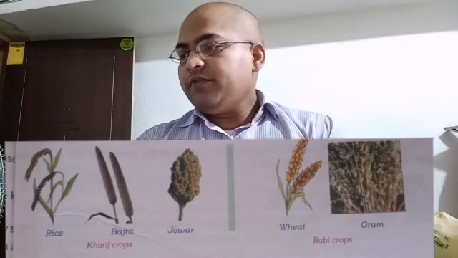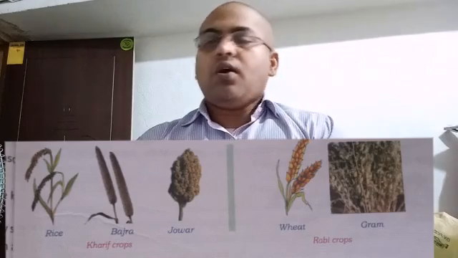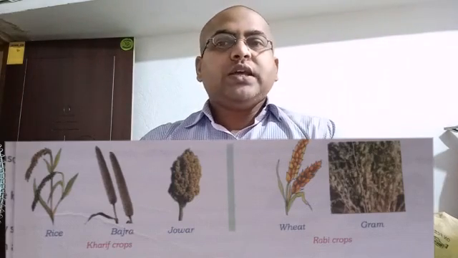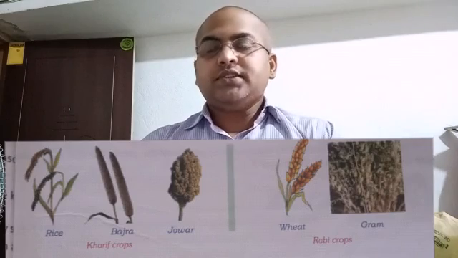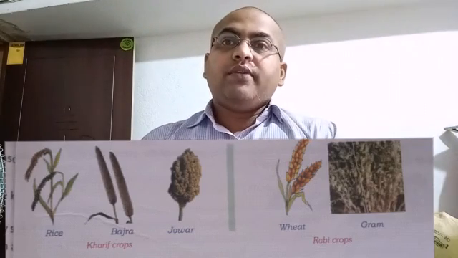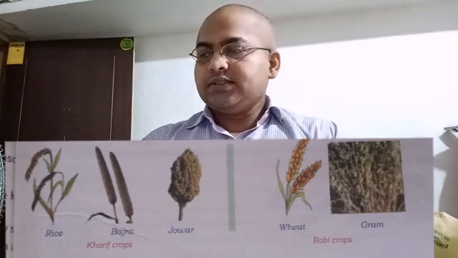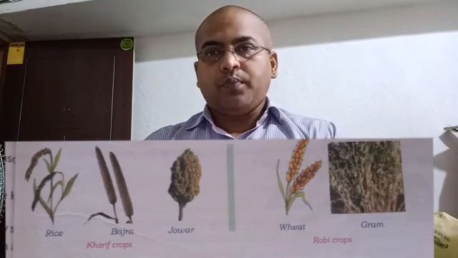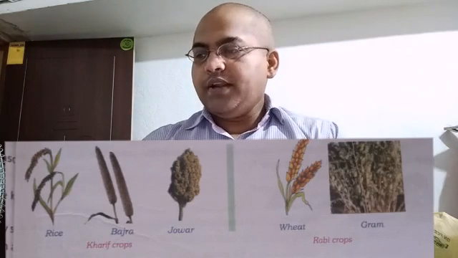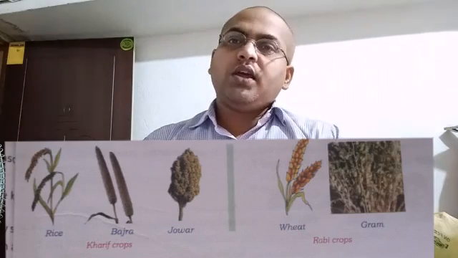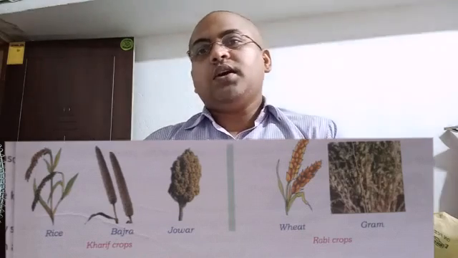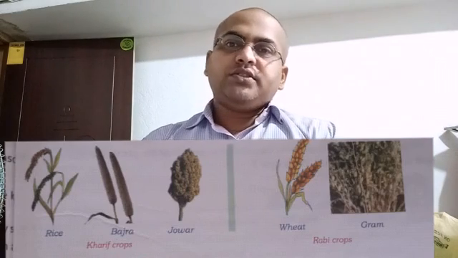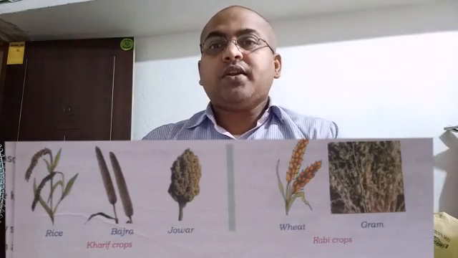Next question, give 5 tips for a better crop yield. So the 5 tips are: number 1, first of all, use healthy and better quality seeds. Number 2, prepare the land well before sowing the seeds. Third, add manures and fertilizers in the soil for the proper growth of the crops. Next, irrigate them properly from time to time. And the fifth one, remove weeds, unwanted plants, from the field. So these are the 5 steps by which we can get better crop yield.